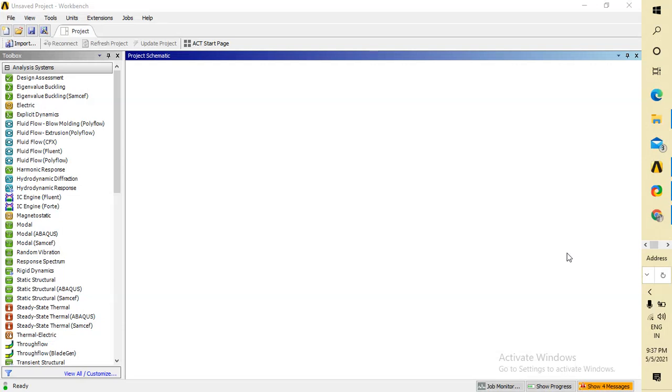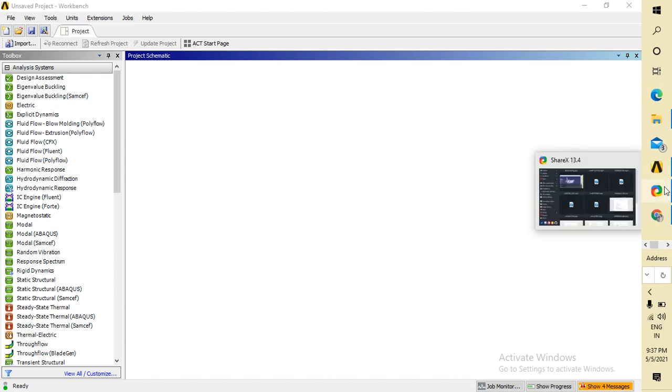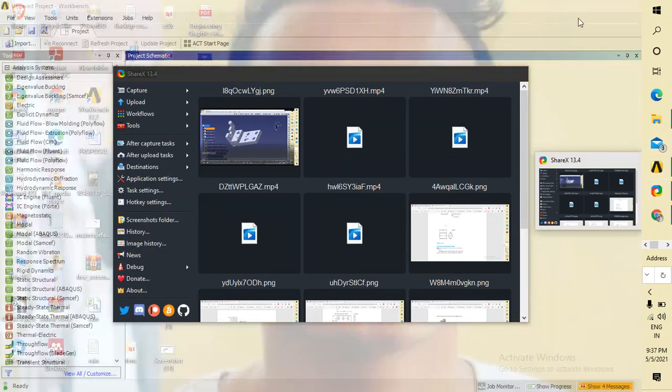Today we are going to make a simulation on a two bar assembly. Here I will show you how to give a manual connection, how to see the connection type, manual contact, and how to give the local mesh to this system. Till now we have done this in the previous lecture.